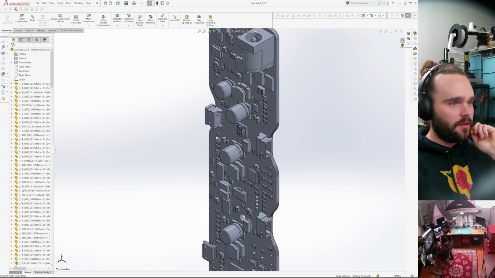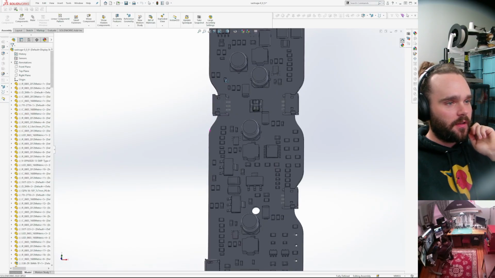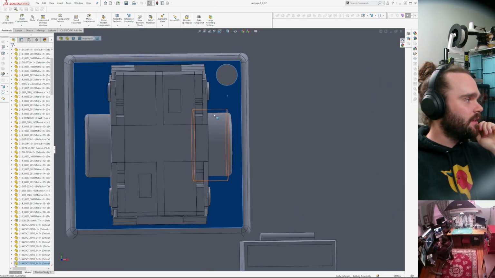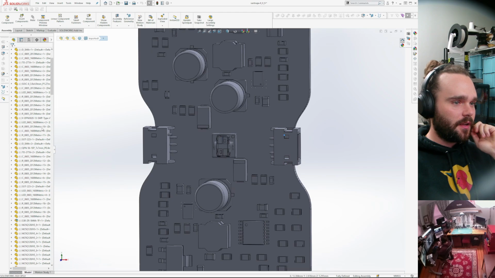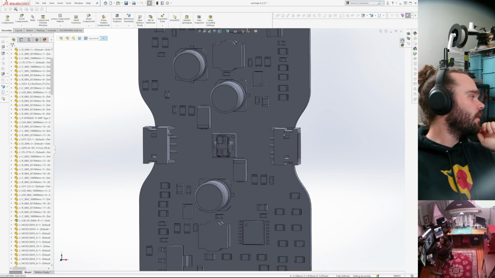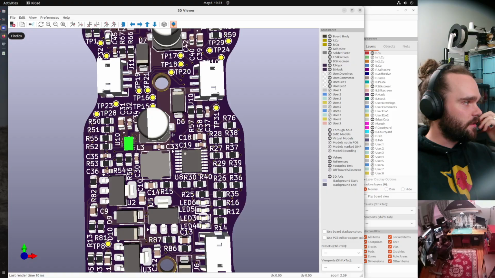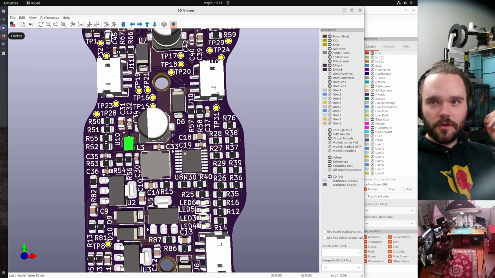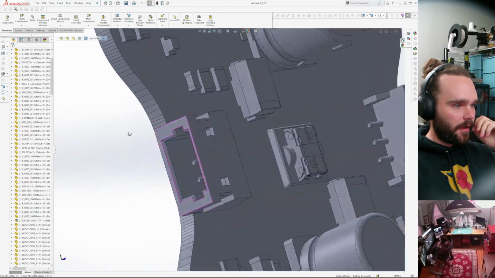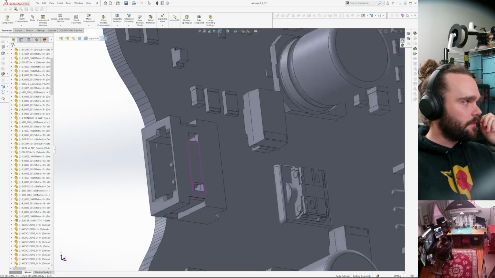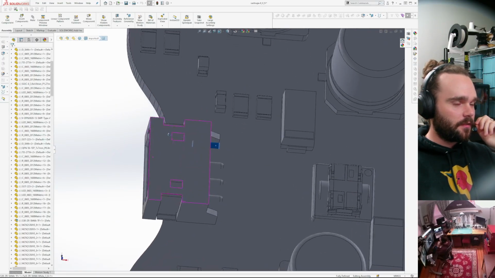All right, so it looks pretty similar, right? Except for what the hell is this cluster of crap in the middle here? And then these connectors are offset by a lot. If we transition over here, you see the connectors are inset onto the board. But then if you go look in SolidWorks, back in the import, one of the pins is missing. One of the pins is in the right place.